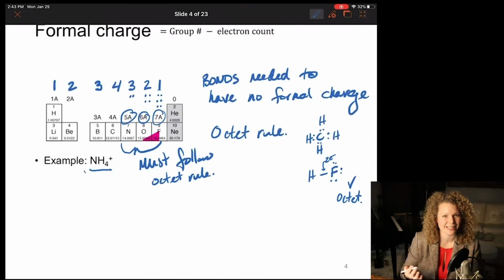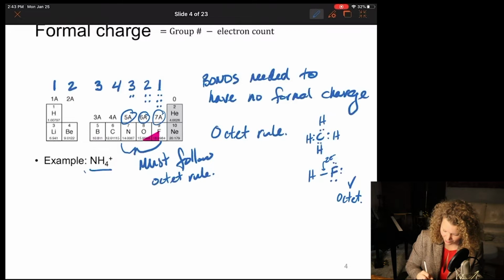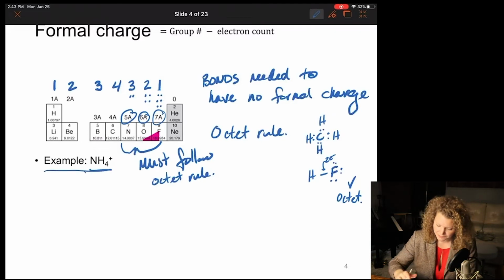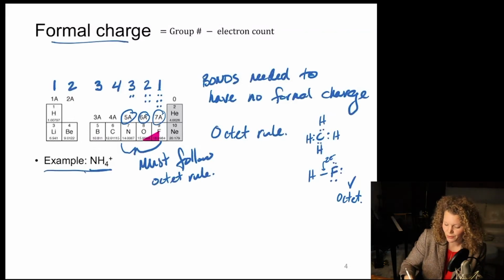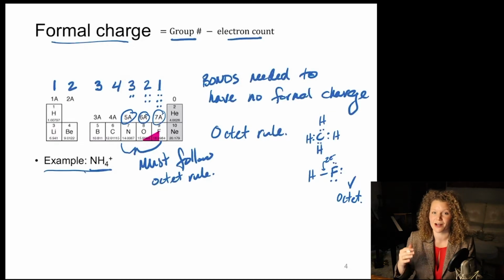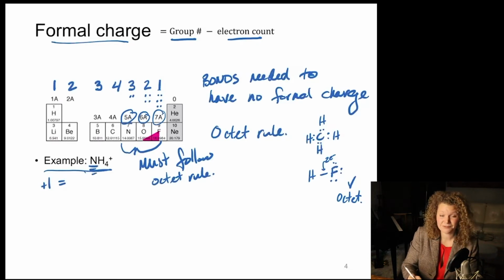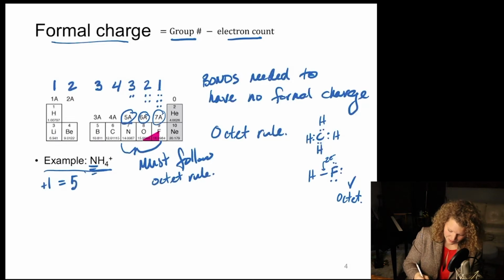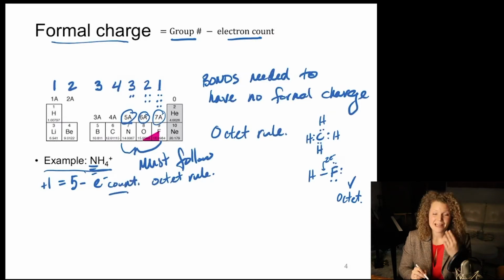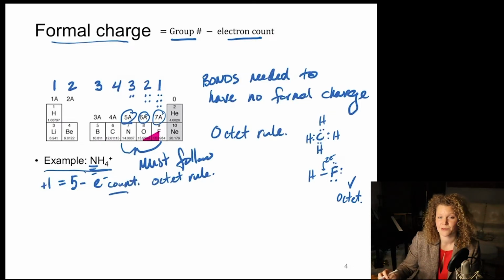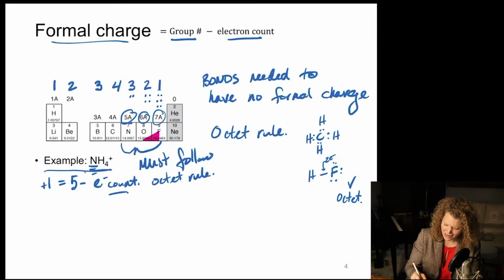Let's do an example together. Let's do ammonium. So here we have NH4+. Formal charge is calculated by the group number minus the electron count. So in this case, our formal charge is +1, and nitrogen, we know, has a group number of 5. So 5 minus the electron count. This is going to be around our nitrogen. This means that our electron count has to be 4 for this compound,